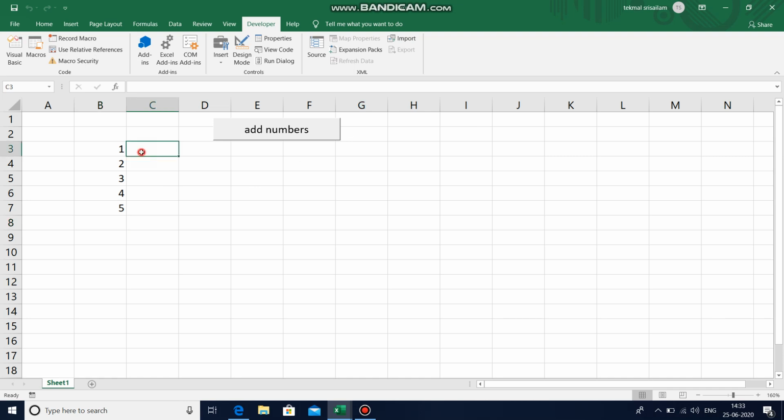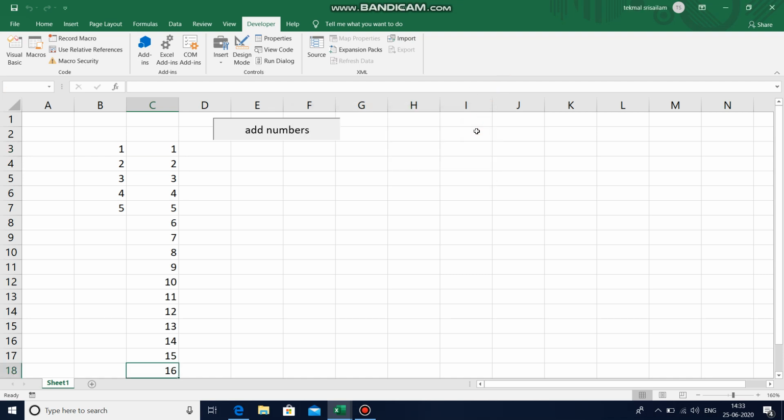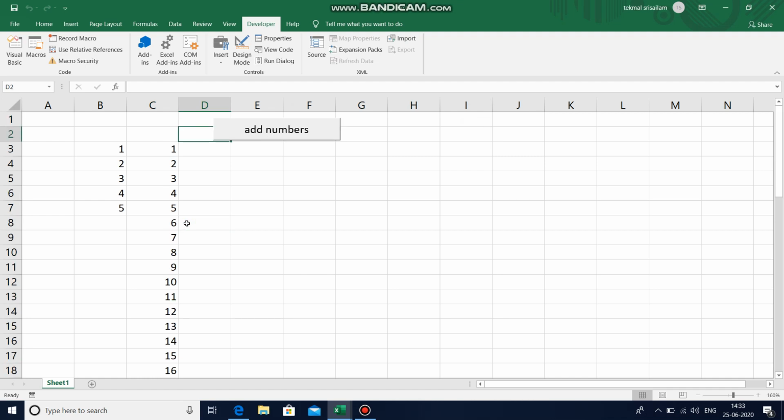Now let me add one more time, 50. Automatically within fraction of seconds, entire column will get added with the list of serial numbers.